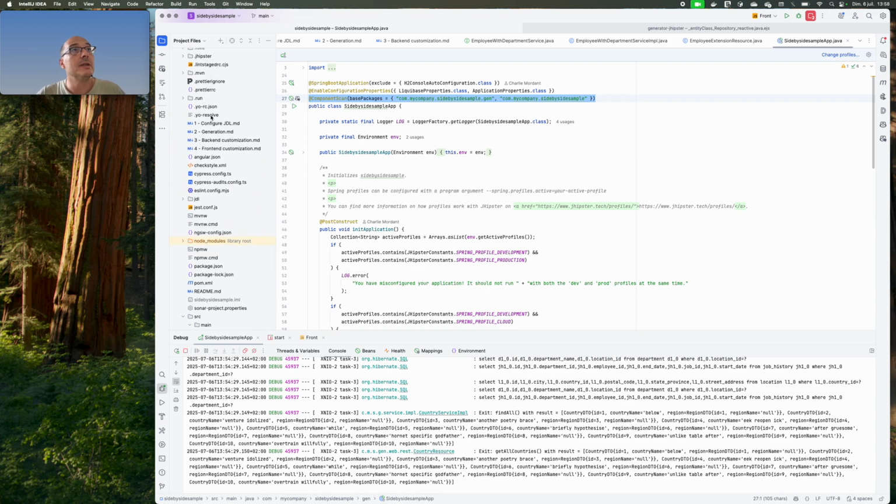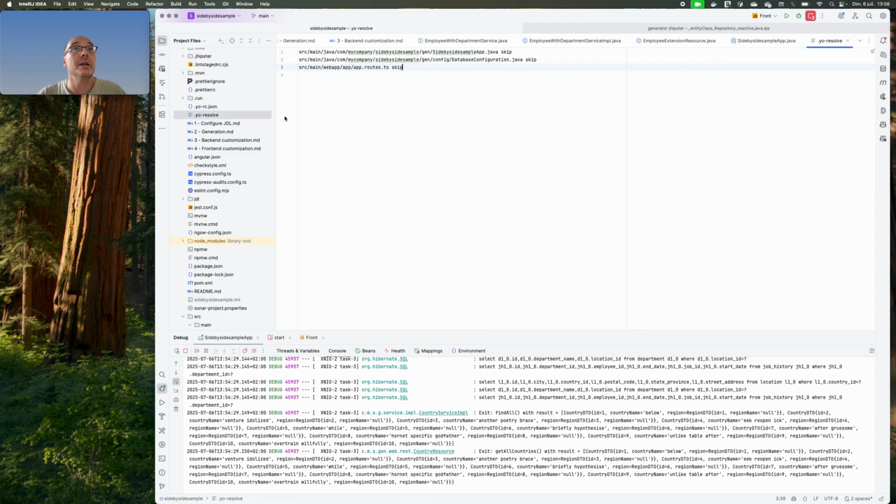There is a hidden file to do that, which is the .yo-resolve file. And here we just specify the relative path of the file and the behavior of the JHipster framework in regards to this file. So here I just say that this app should be skipped.